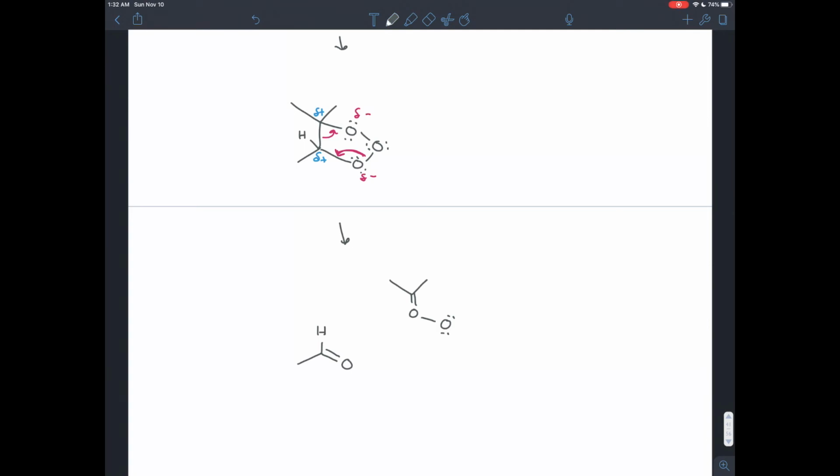Okay. So that is one of the steps in here. And actually, I drew this, I should have drawn this from these lone pairs here. And so here, oops,